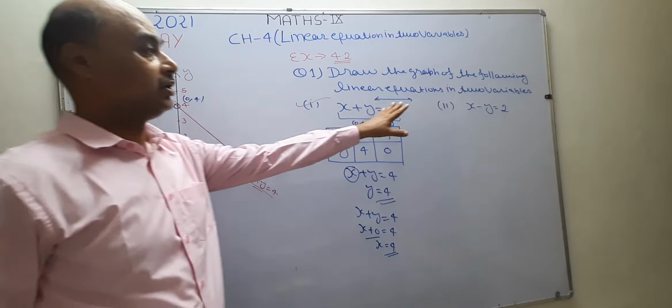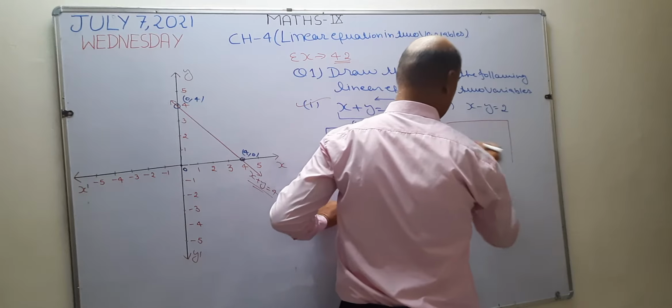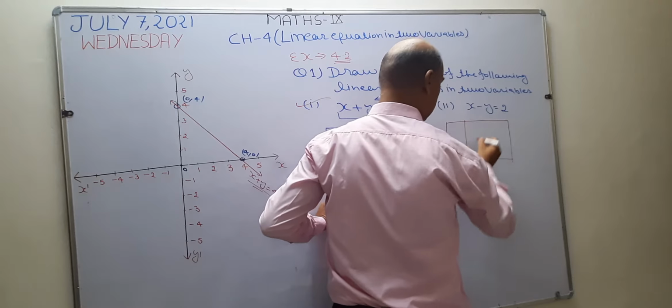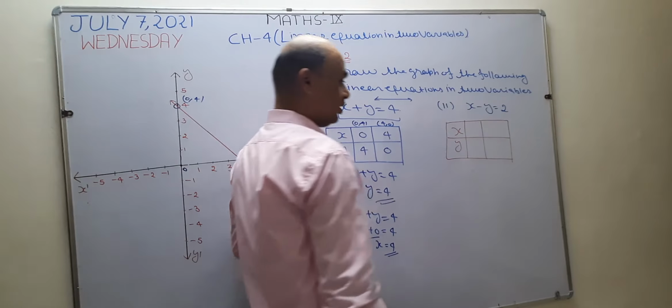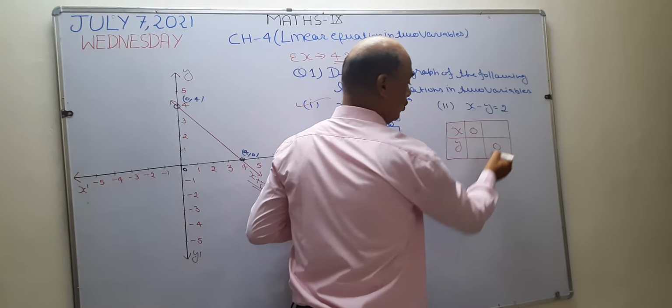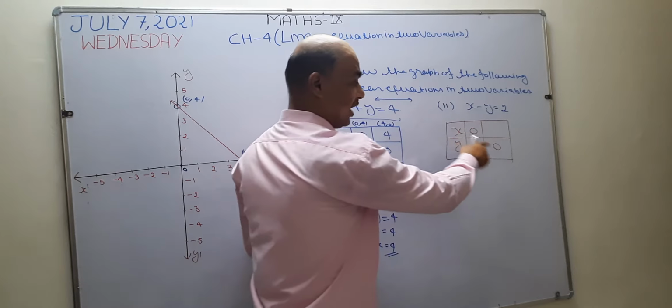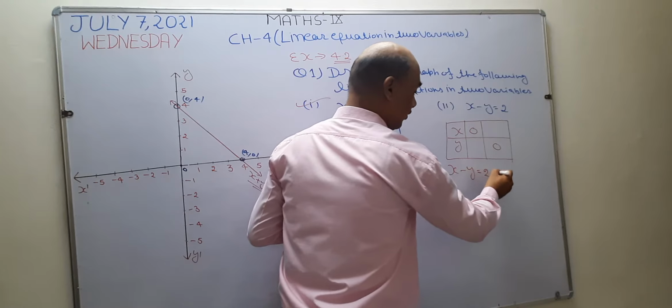Now I want to solve the second part. Now see how I am going to solve. Now I am going to draw the table of this linear equation in two variables. Same method I am going to use, the 0-0 method. First I take x0, next time I am going to take y0. I write diagonally. So write down the given equation. This is the given equation.